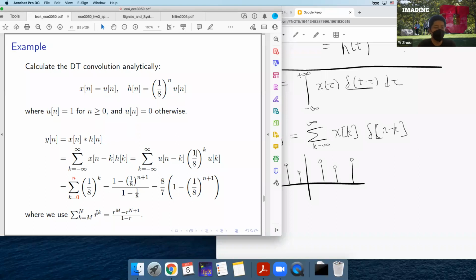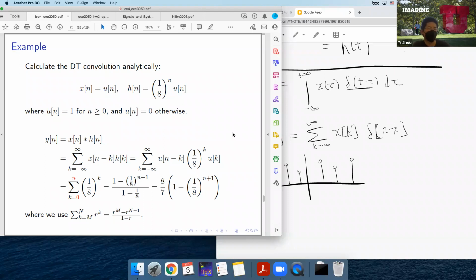If you follow this formula, R is 1 over 8, capital N is small n, capital M is 0. So according to the formula, the first term we have is R to the power of M, which is 1 over 8 to the power of 0. That gives us 1, since anything to the power of 0 is 1. And similarly, for the other terms, you can work them out. So in the end, you end up with this